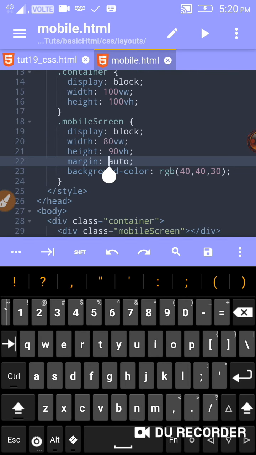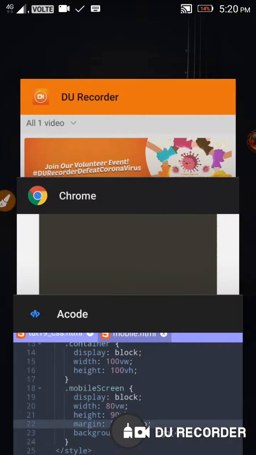from top. I want 5 VH. At X I want 5 VH here. If you make top 5 VH and bottom 5 VH, then it's going to be 10 VH. If we add it, 90 plus 10 we get 100 here. It's going to cover everything here. Yes,